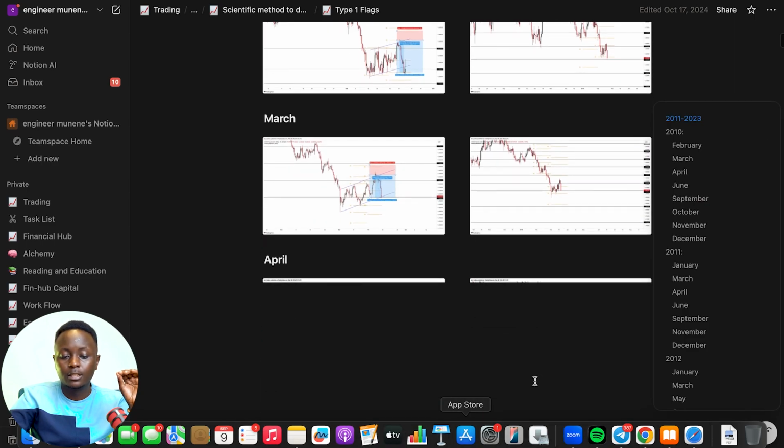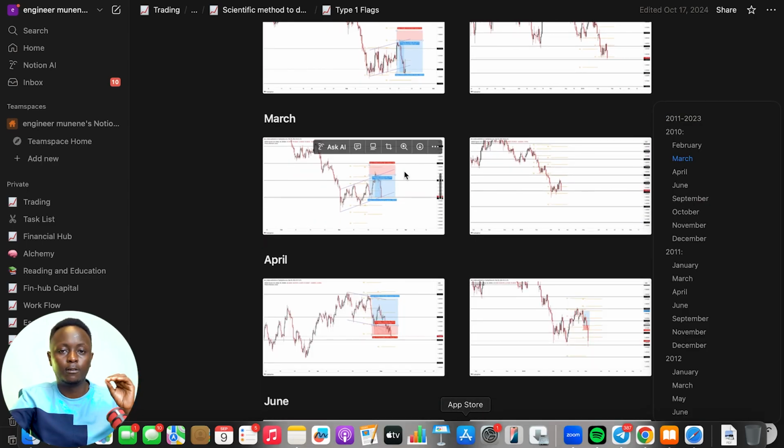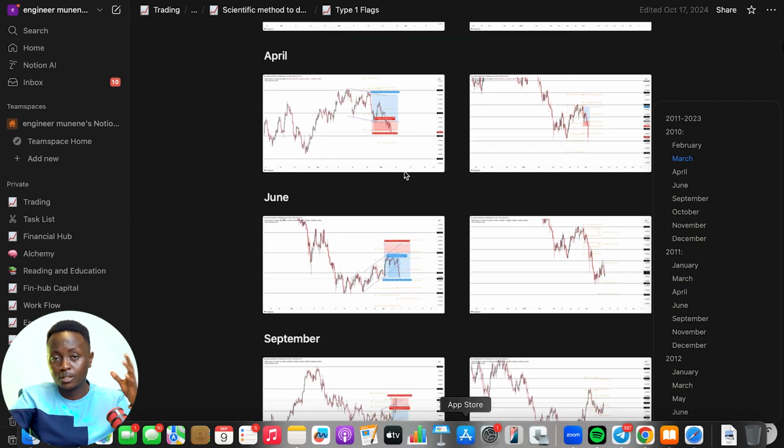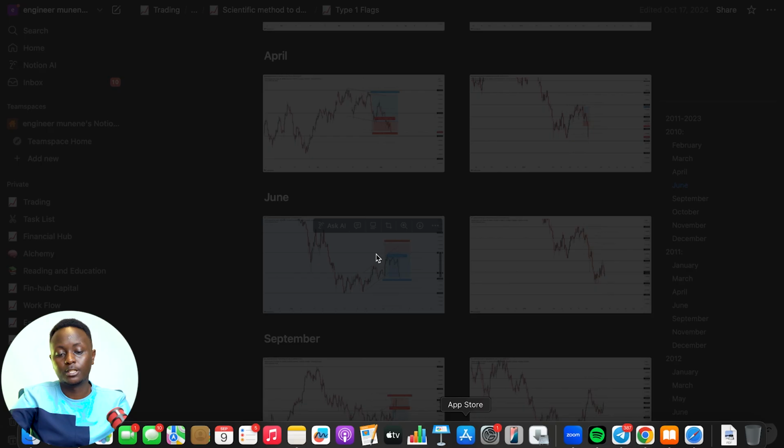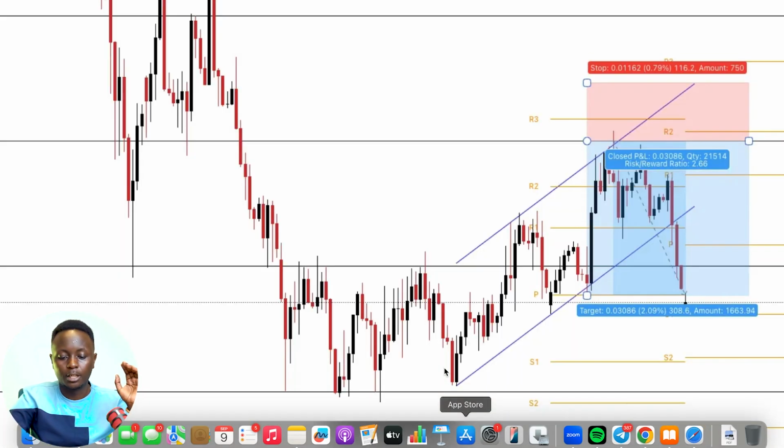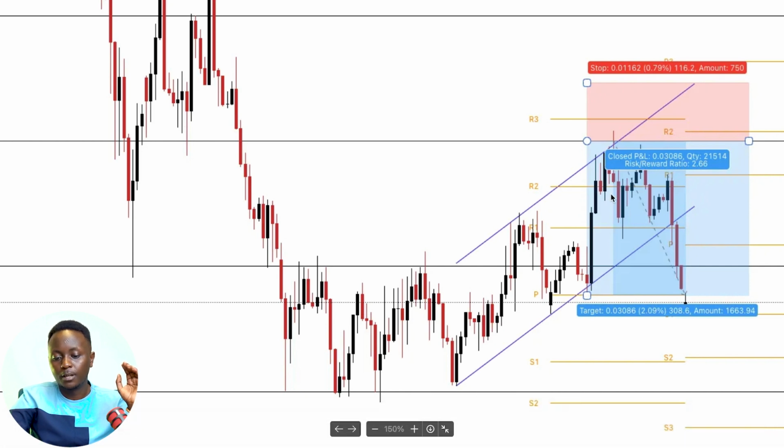That is the thing you must get used to, because I feel like most of us are looking for that thing that will work all the time. It does not exist. The only thing that happens is you get probabilities, whereby when the trend is moving in a particular direction, there's a 60% chance that when this happens, you will get a move in one direction. So like here, you can see that we had this drop, we had this correction in the form of a flag, and then we had this drop, a risk reward of about 1 to 2.66.